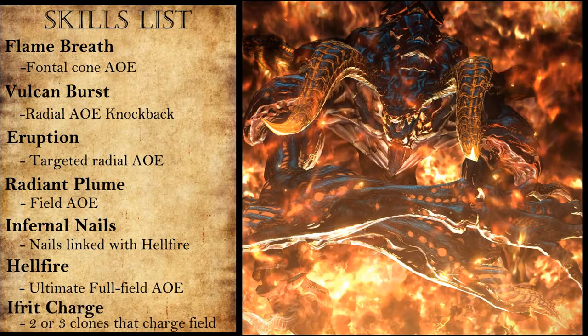And lastly, Ifrit's Charge. He will leap into the air and charge in a linear direction from one end of the field to the other, starting with one, then making clones of himself. Since now we have an overview, let's see the skills in action so you know what to look out for